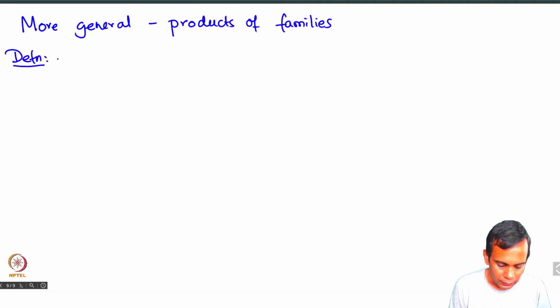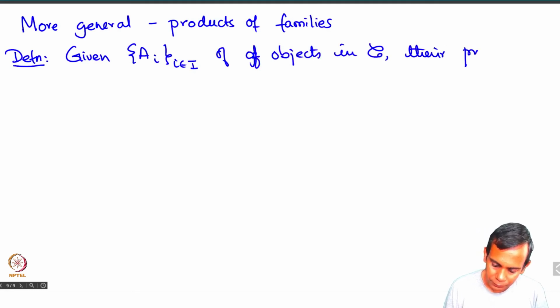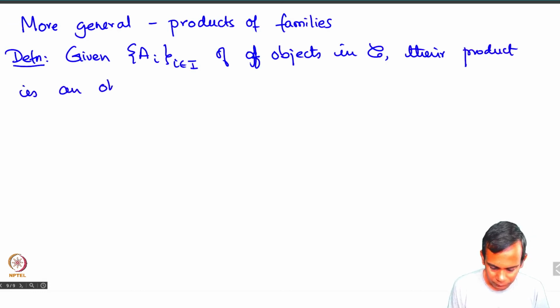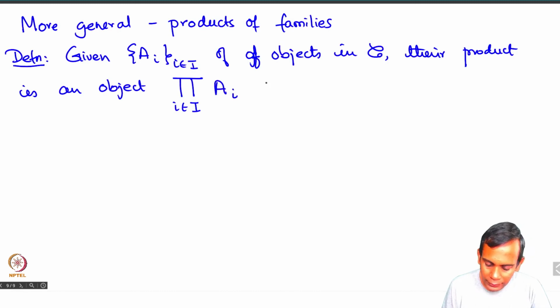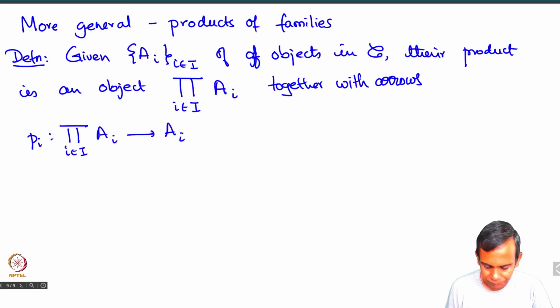So the definition is as follows: given a family Ai, i indexed by some set I, of objects in C, their product is an object which we denote by, we use the pi notation, the product notation which we use while multiplying numbers and so on, together with arrows pi from the product over i in I of Ai to Ai, such that